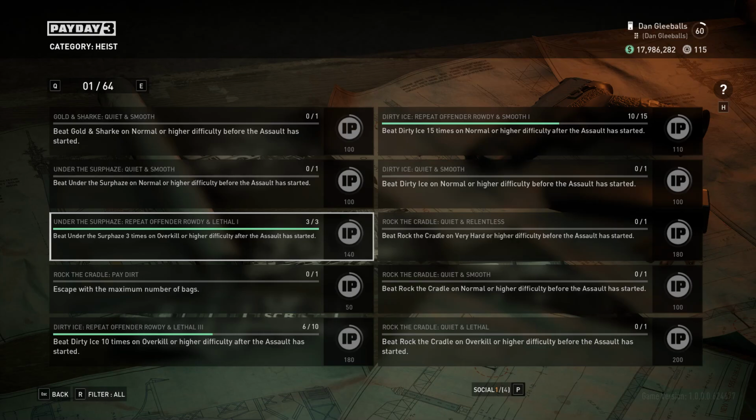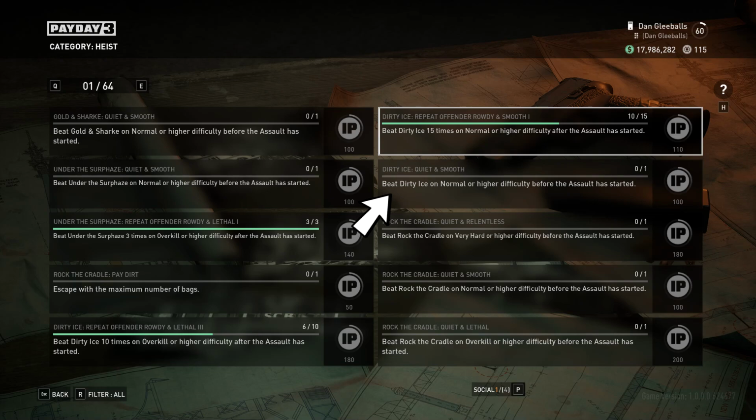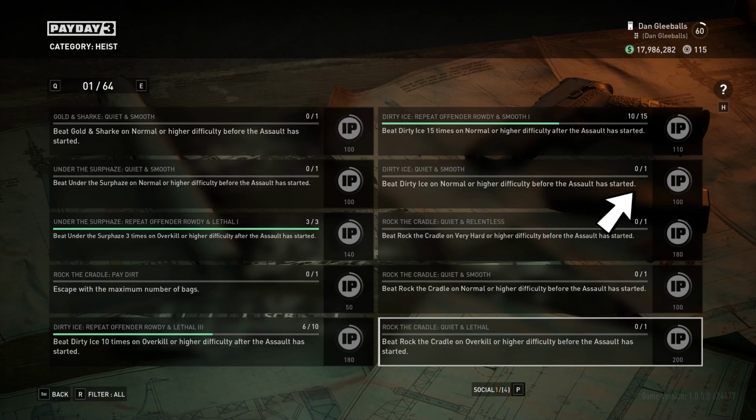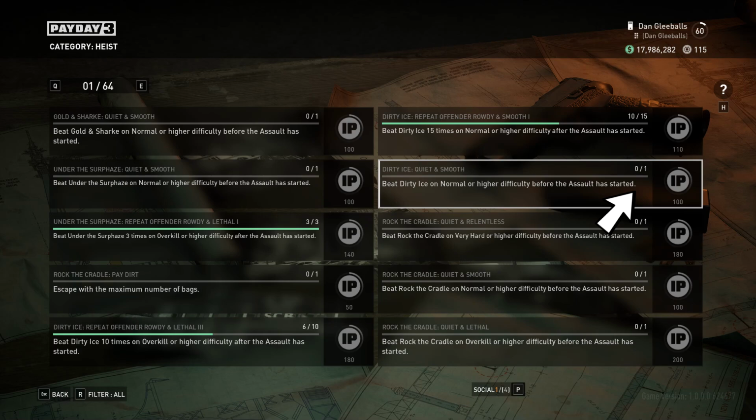Well, here you can see the first one as an example. Beat the Dirty Ice heist on normal or higher difficulty before the assault has started. So basically stealthing that bit. Once you've stealthed it on normal, you get that 100 IP and this goes off the list. However, there are then challenges that will say complete heists under certain conditions multiple times. Like this, beat Dirty Ice 60 times on normal or high difficulty after the assault, and then you get more